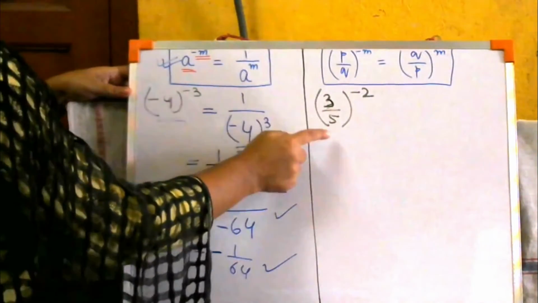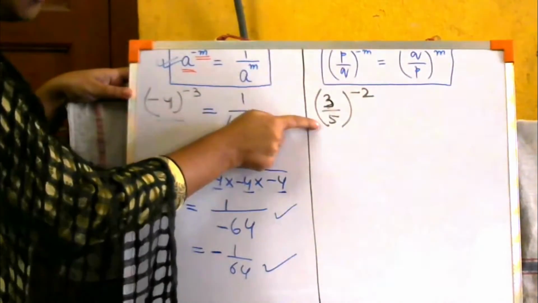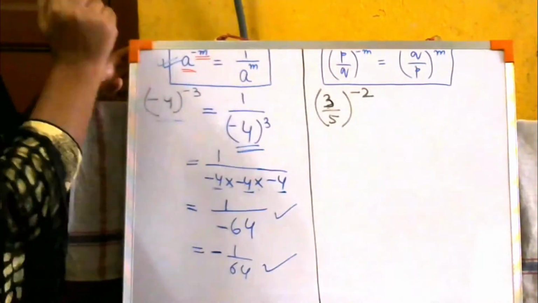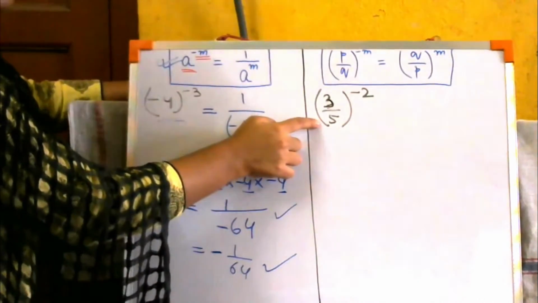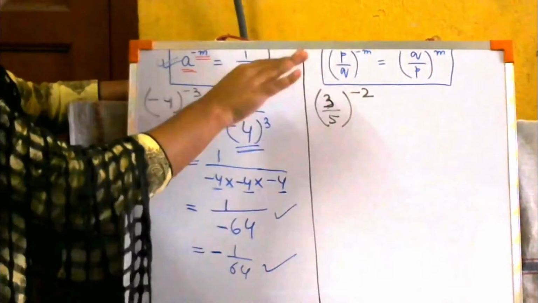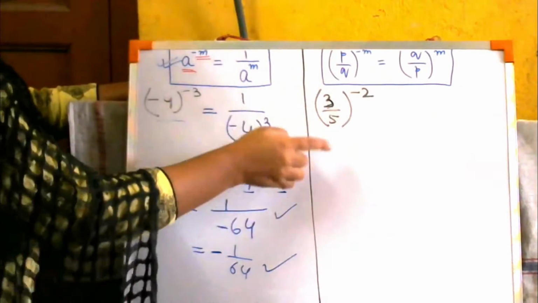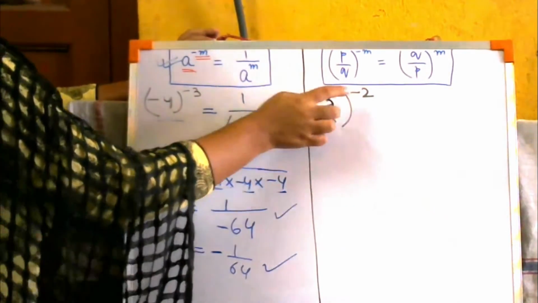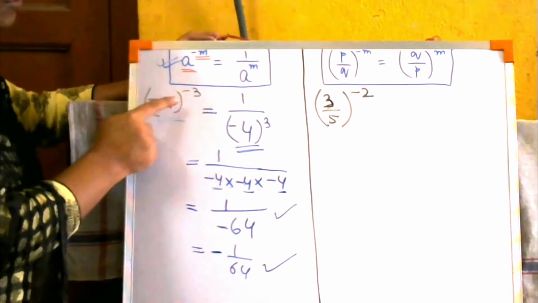Okay. Now 3 by 5 to the power minus 2. Can you see it is in this form? P by q to the power minus n. See, it is in this form. So 3 by 5 to the power minus 2, how are you going to do it? See in the formula, we are just going to inverse the number inside the bracket. See what we are doing: here it was p by q, there we are changing to q by p, we will just turn it upside down. So here it is 3 by 5, so what will we do? 5 by 3, so 5 by 3 to the power 2 will become. If I inverse these two numbers, then only the power will become positive. That is the same thing we are doing over here. We are just inversing the numbers.